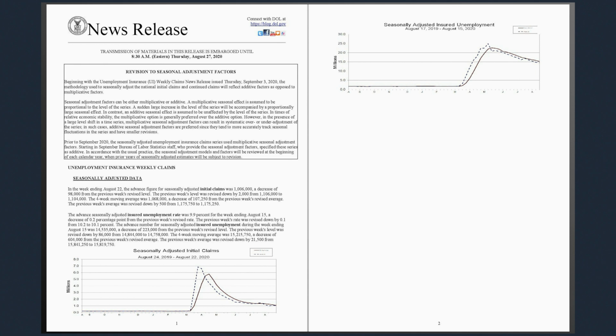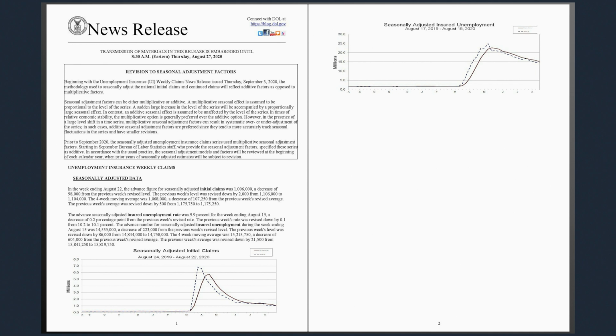Seasonally adjusted data. In the week ending August 22, the advance figure for seasonally adjusted initial claims was 1,006,000, a decrease of 98,000 from the previous week's revised level. The previous week's level was revised down by 2,000 from 1,106,000 to 1,104,000. The 4-week moving average was 1,068,000, a decrease of 107,250 from the previous week's revised average. The previous week's average was revised down by 500 from 1,175,750 to